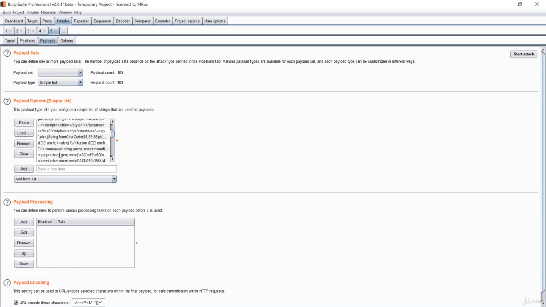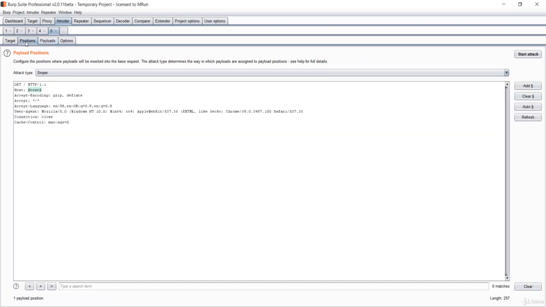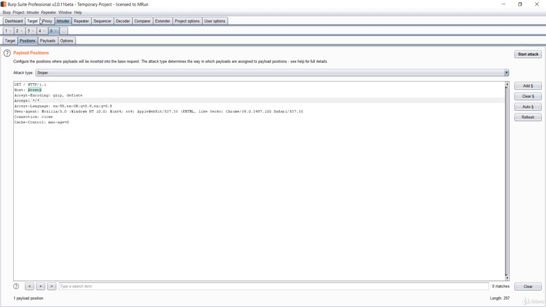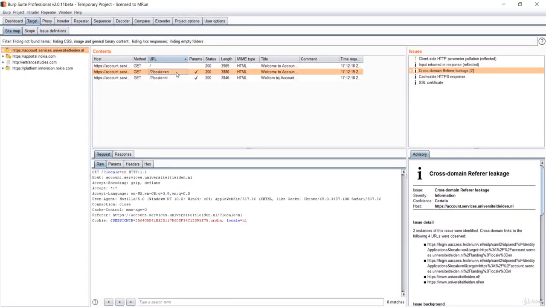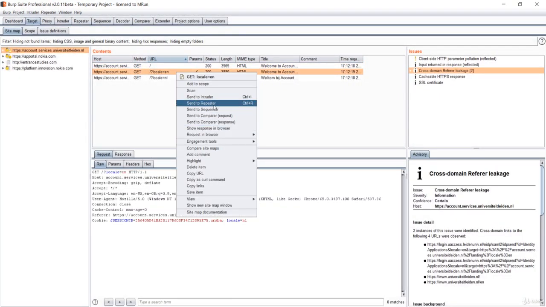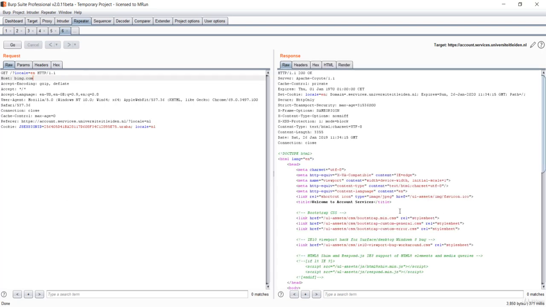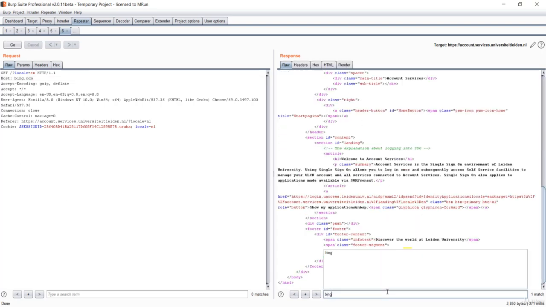Okay, this is the case, so you are not allowed. Okay, we'll just stick to the basic then. We'll send this to the repeater, and again we'll test for the host header, because the host header can simply inject the payload. So we'll say something like bing.com again, and let's see if this reflects or not. If I press go, and say bing again, it is also reflected in the same